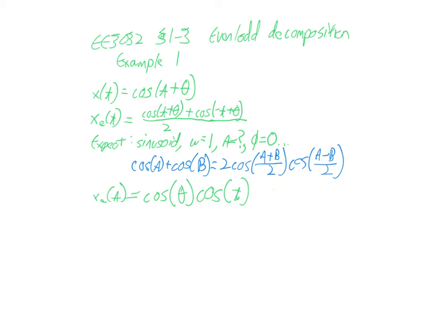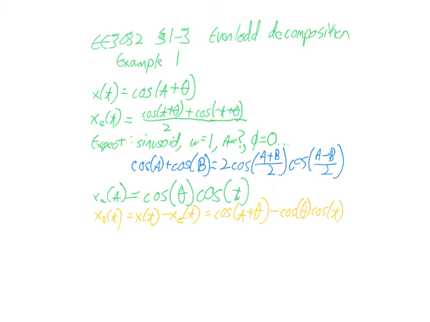Now, let's go on and do the odd portion. And let's do the odd portion a little differently. Instead of taking the formula we derived last time, let's go back to the more basic principle that the odd portion is whatever the whole signal was, subtract the even portion. And this is actually how we derived the formula for the odd portion last time. So we have x of t is defined as cosine of t plus theta, and we have just derived x even of t. It has this amplitude term, cosine of theta, which is a constant that depends on theta, times